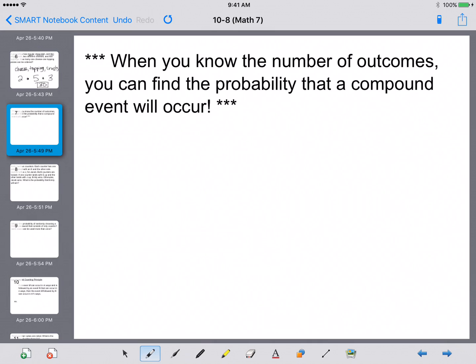So here, when you know the number of outcomes, you can find the probability that a compound event will occur. So now the number of outcomes is,